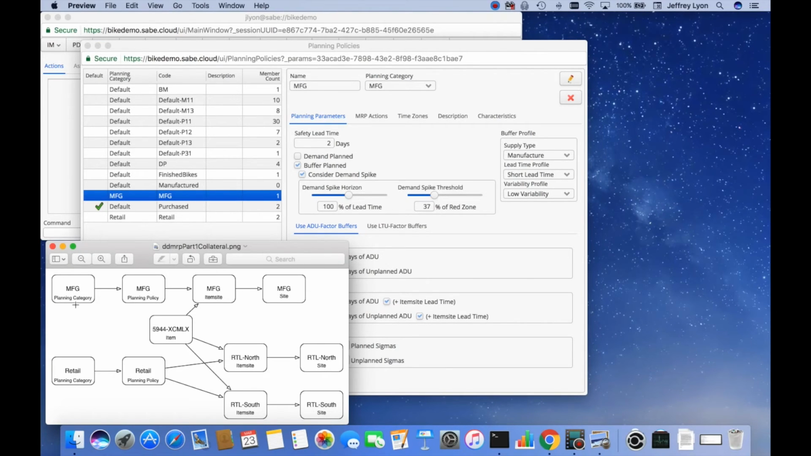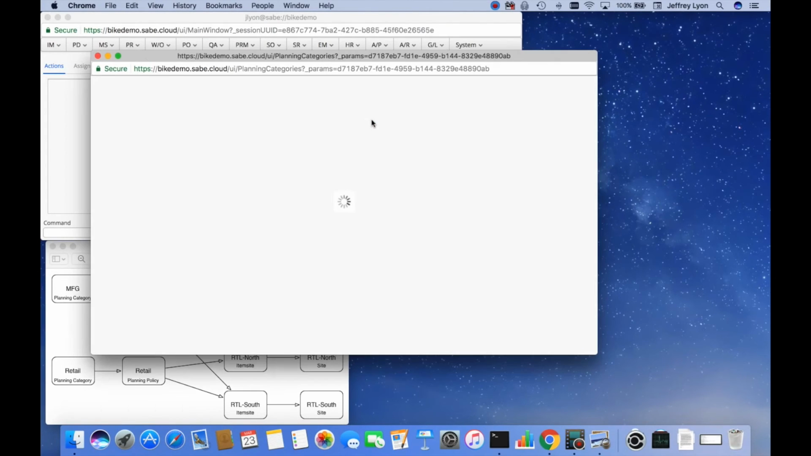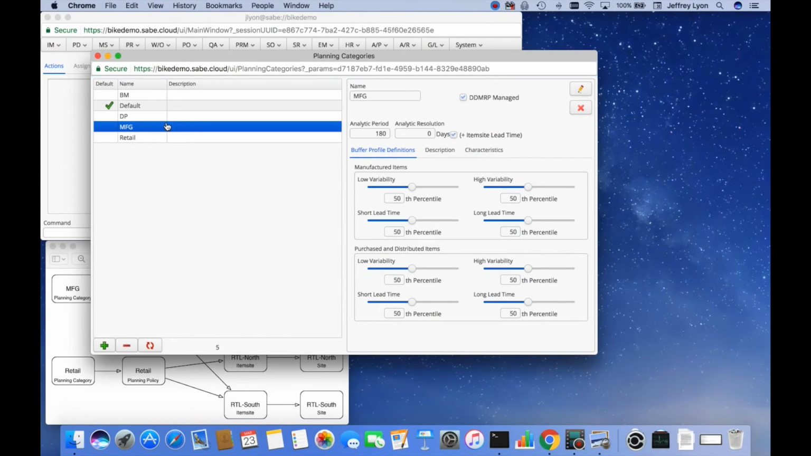A planning category can be assigned to more than one planning policy, which would be the buffer profile families that we're talking about. So if I take a look at planning categories for MFG, here's where we define the analytic period, which is the number of days back in inventory history Sabe will look to determine the average daily usage. So we're looking back 180 shop days, not calendar days necessarily, but shop days, to determine usage